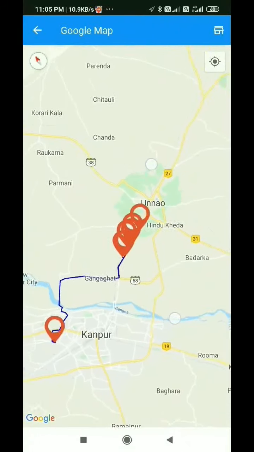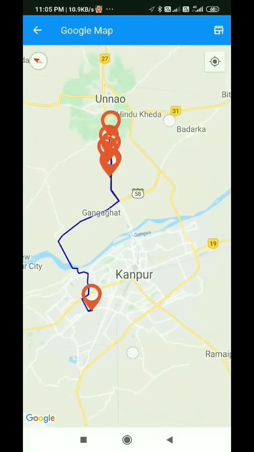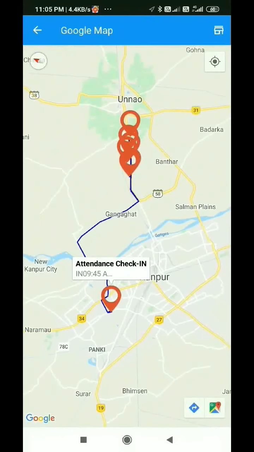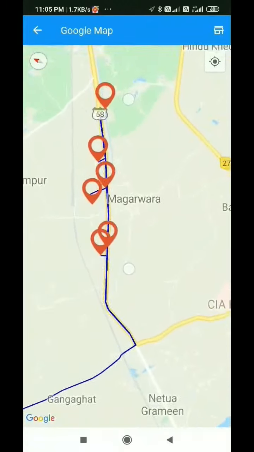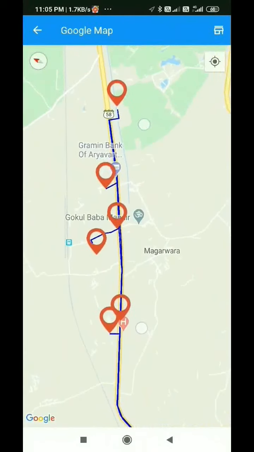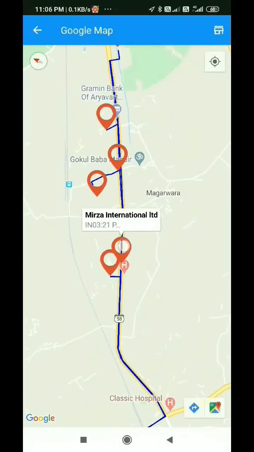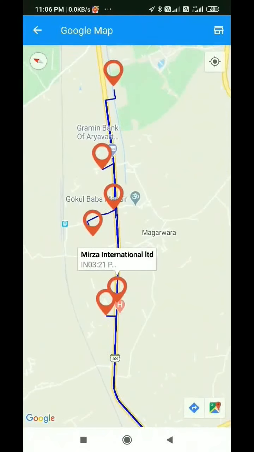You can view this report on the map also. So it will draw out your entire route throughout the day, and this starts with attendance, and when you zoom in, it will also show the name of the customer and how much time you spent at that customer location.